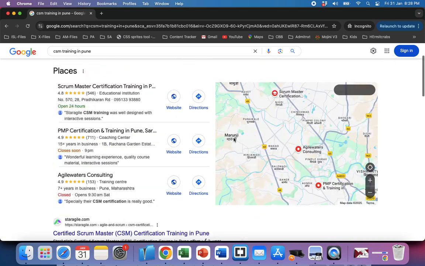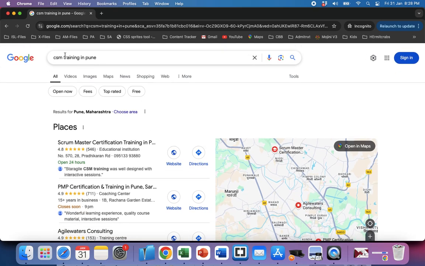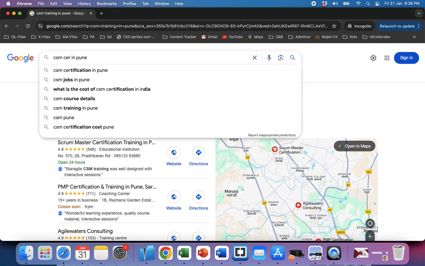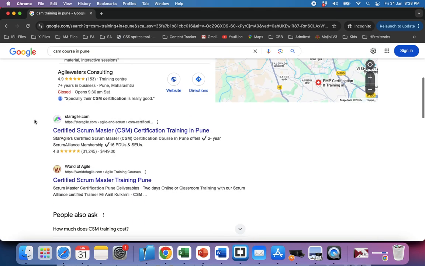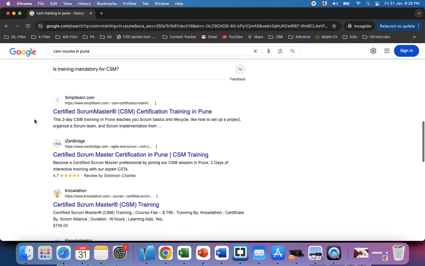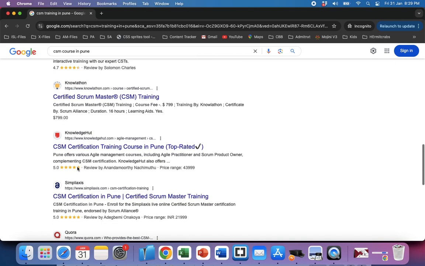So you have to cover all the keyword variations. People type CSM training in Pune, or CSM certification, or CSM course. Even if you're not covering all of them, it means the same course, certification or training, and hence that's still manageable, right? That being the reason, a lot of players try to cover certification, training and course, all three of them.